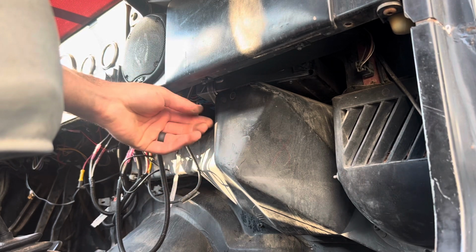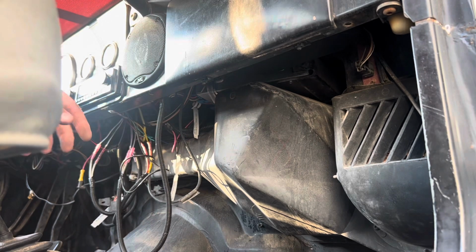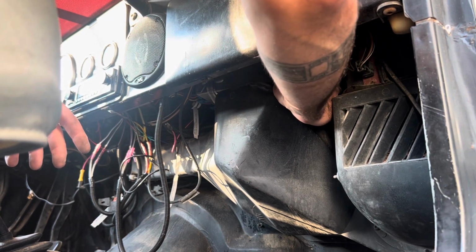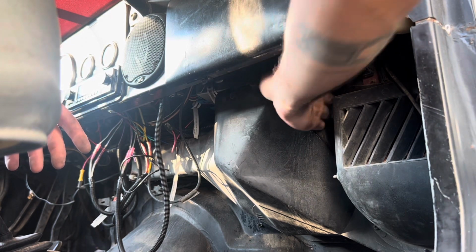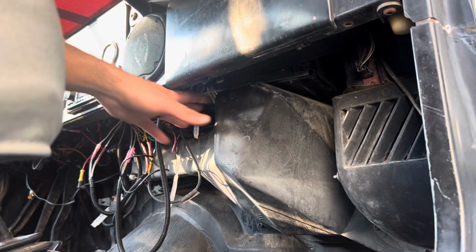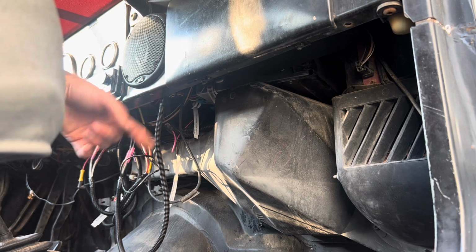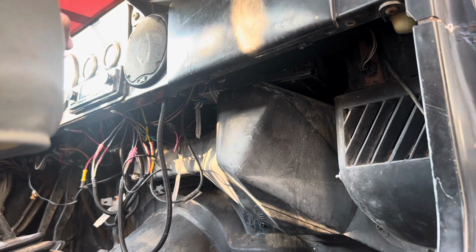So what I chose to do is I ripped out the old carb computer, and in the same bracket I put the fuel injection computer with a large hose clamp that goes around it that secures it in there. And from here, it's very nice to be able to access all the wiring that needs to go through the firewall, because if you come over here with me,